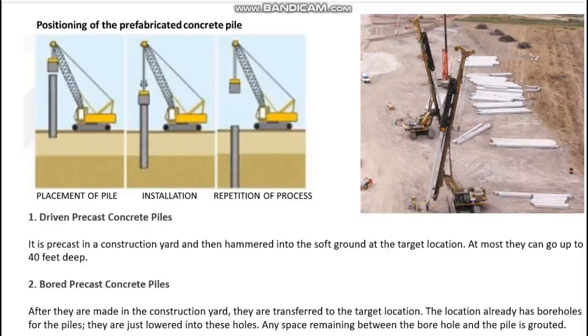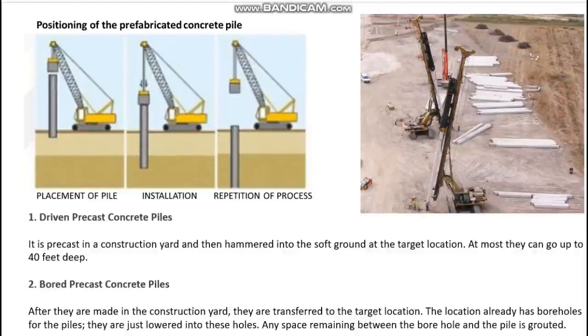So first is the placement of the pile. In the diagram you see the pile is first placed in its place. Then the installation happens using a hammer kind of a thing, which allows the pile to go down to the given area. We all know that pile foundations are used for letting the base reach the hardest strata that is available, because we saw the conditions that were there in the pile foundations. So due to those reasons,